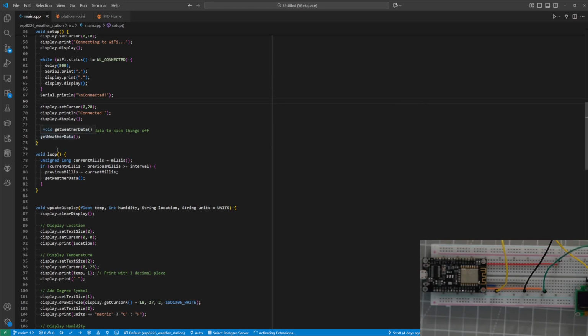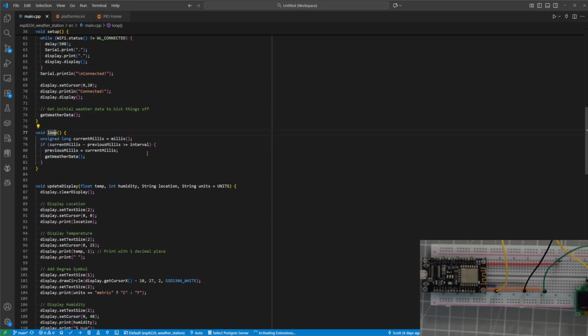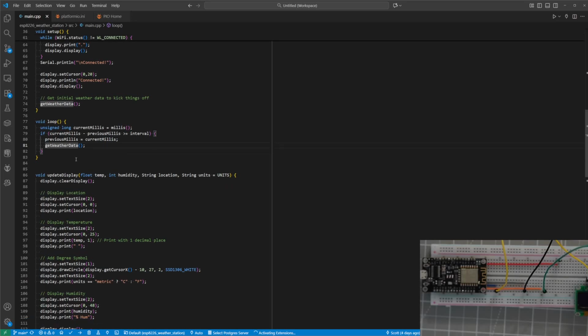And then before we leave the setup, we make the initial call to get weather data. And that's because in the loop method here, the one that forever loops while the board is powered, we don't actually get the next weather data until the 1 hour time has elapsed. So if we don't call that initial one, we have to actually wait an hour before the first weather is